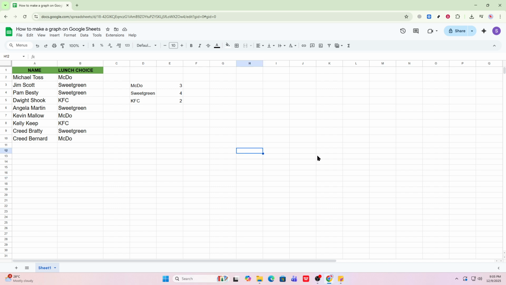Set up your sheet with clear headers such as categories in one column and values in the next. For example, you might have product names in column A and sales numbers in column B. Keep the headers short and descriptive, avoid blank rows or columns within the dataset, and ensure numbers are actually formatted as numbers, not text. If you're tracking dates or time, place them in one column and use a consistent format